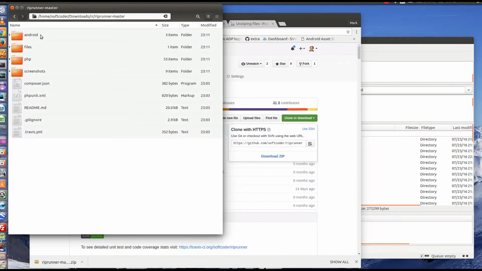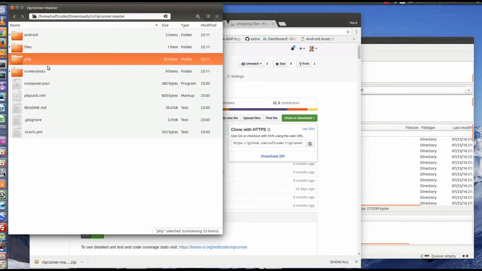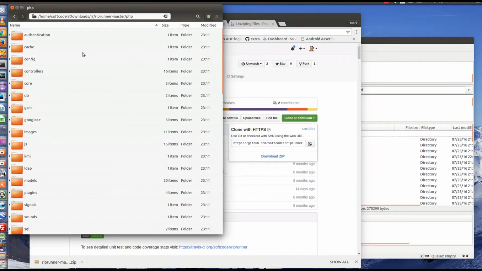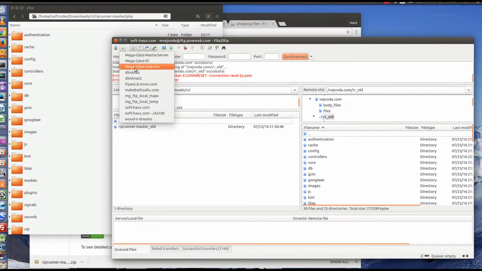I'm going to go into that folder, and in the PHP folder I'm going to rename. No, I'm not going to rename. I'm just going to go in here. And now I'm going to send all the files in the PHP folder to the root folder on my server where I want them to be installed. So for that, I'm going to